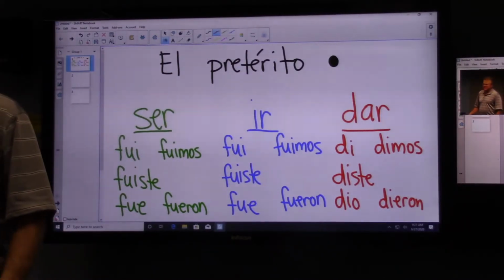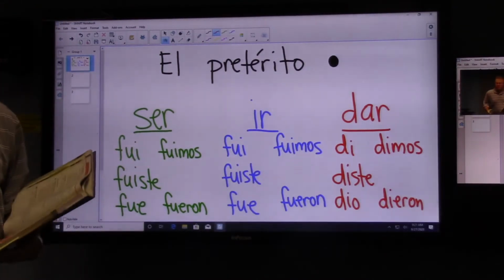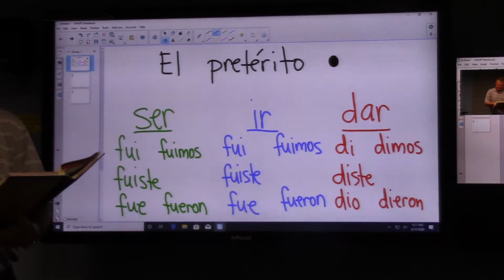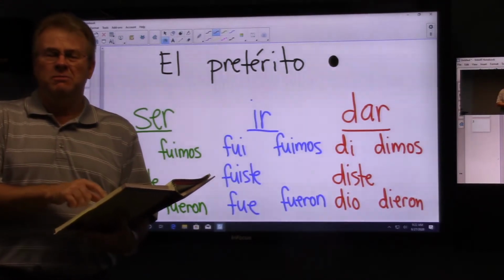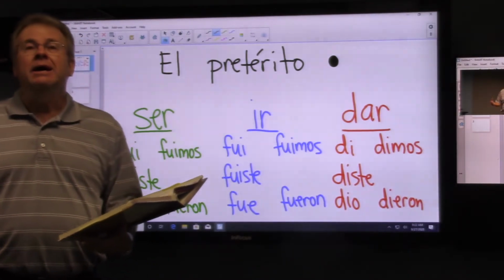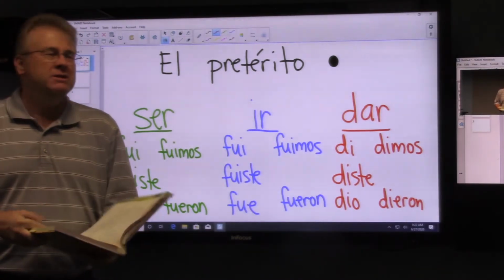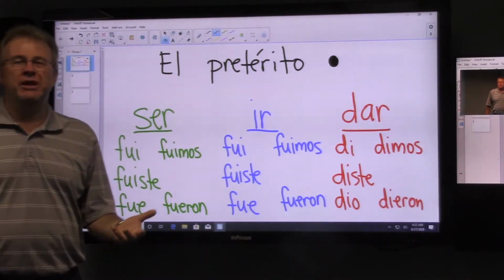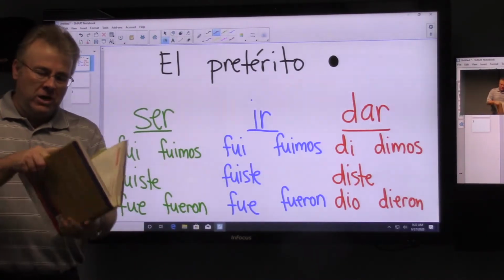Let's take a look at some of these sample sentences so you can see what I mean about using context to distinguish. Just below the chart, there are some sample sentences. There's one that says, yesterday was Lucia's birthday, right? Let's read the Spanish translation. Ayer fue el cumpleaños de Lucia, no? Yesterday was Lucia's birthday. You wouldn't say yesterday went. It's the same word, the two verbs have the same conjugation. You wouldn't say yesterday went her birthday. No, yesterday was her birthday. So you can tell by the context, right?